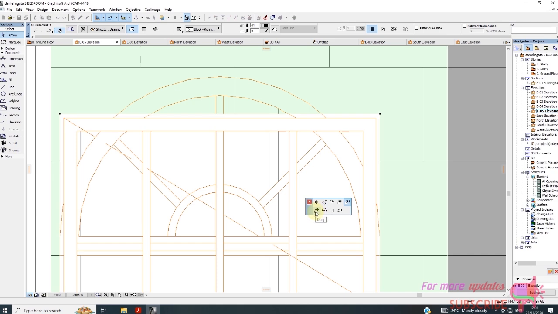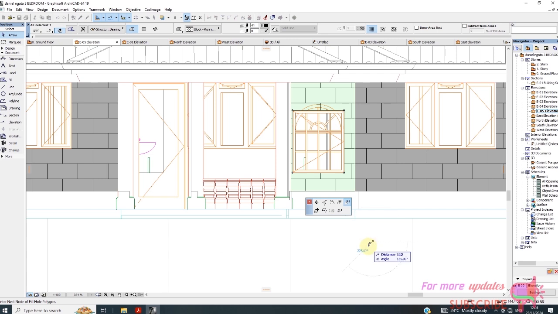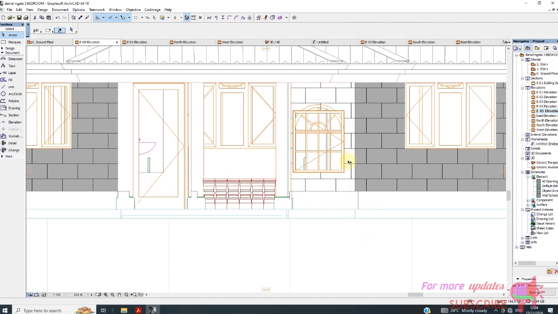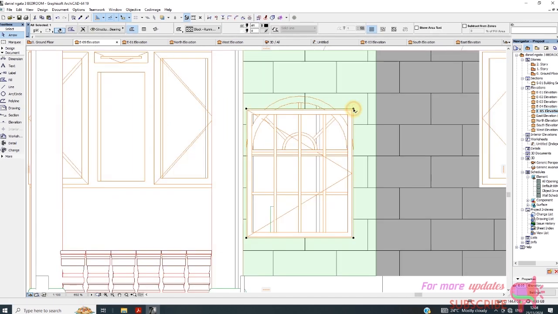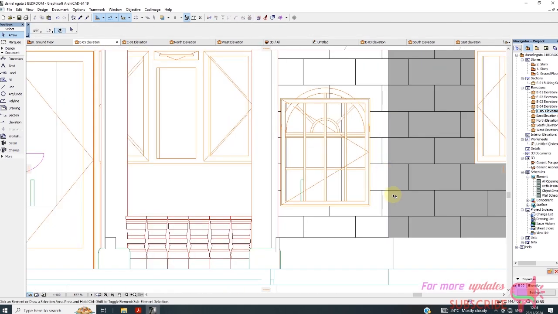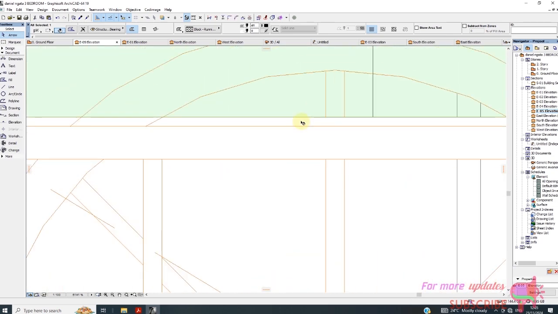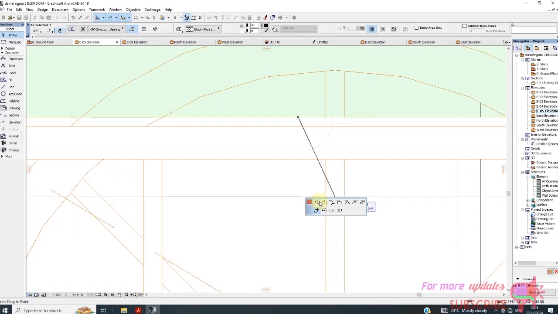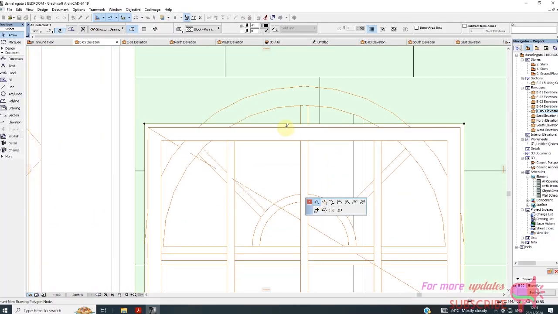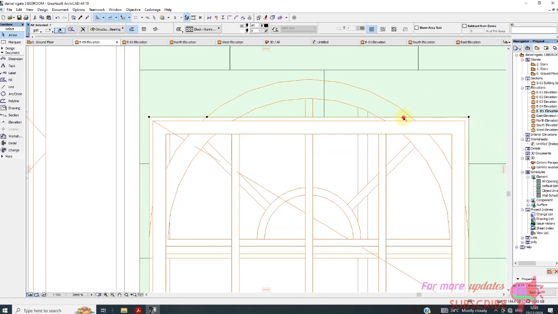Then I want to insert a new node. I'll pick the fill, then pick that point. Then I'll change to this, insert new node. I want to insert a new node at that point. Again, pick, insert new node at that point. And I'll pick here. Then I want to,